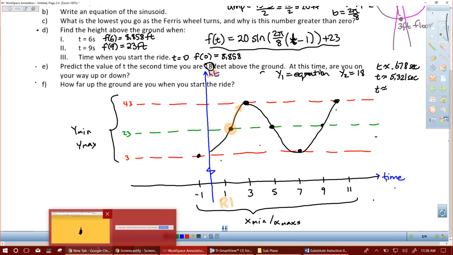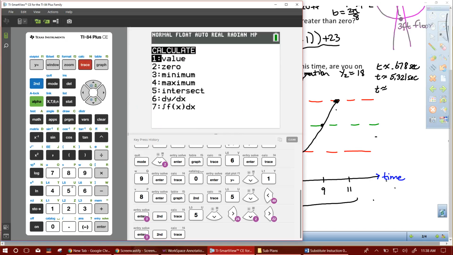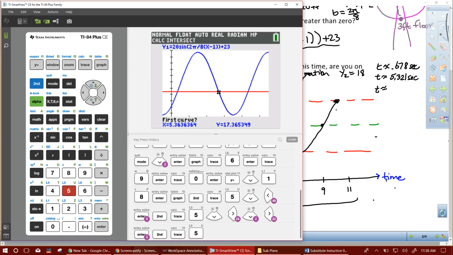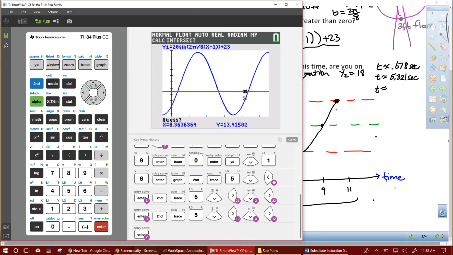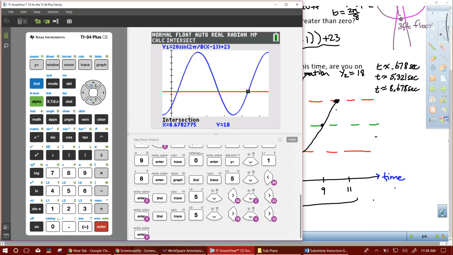And I do, and press my calculator, my second, my trace, choose my 5, go down 1 time, scroll across till you get to it. And then you press enter, enter, enter. And I get 8.678 seconds. Now, I do want to point out that the difference between the first one and the second one,